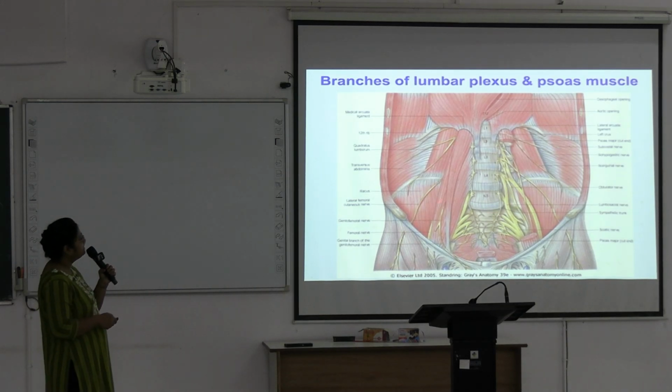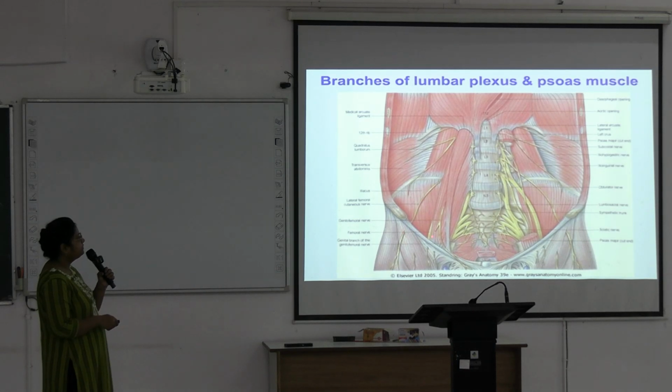So see the muscles here. This is iliacus. This one is psoas major, psoas minor, quadratus lumborum. Here is the transversus abdominis. Okay. So this nerve just beneath the lateral arcuate ligament. This is subcostal nerve. This is iliohypogastric nerve. This is ilioinguinal nerve. Below it, here is the lateral cutaneous nerve of the thigh going towards the anterior superior iliac spine. Lying over the psoas major, here will be the genitofemoral nerve.